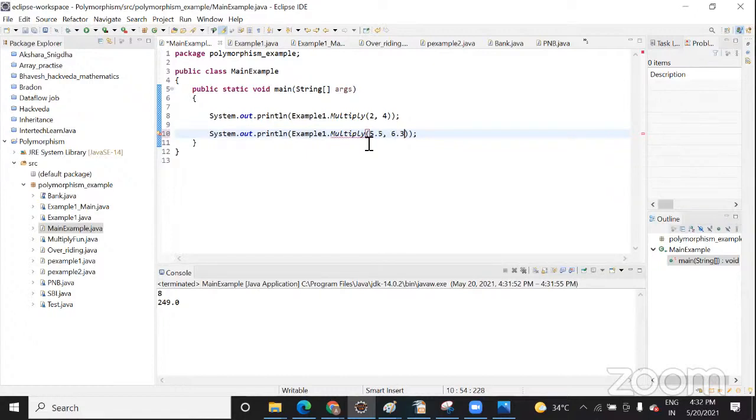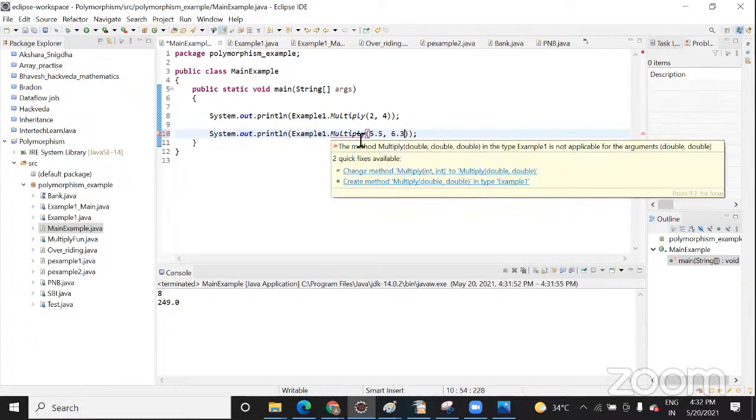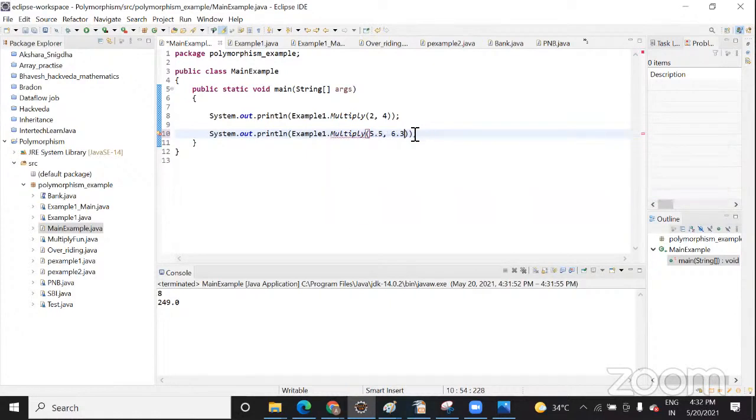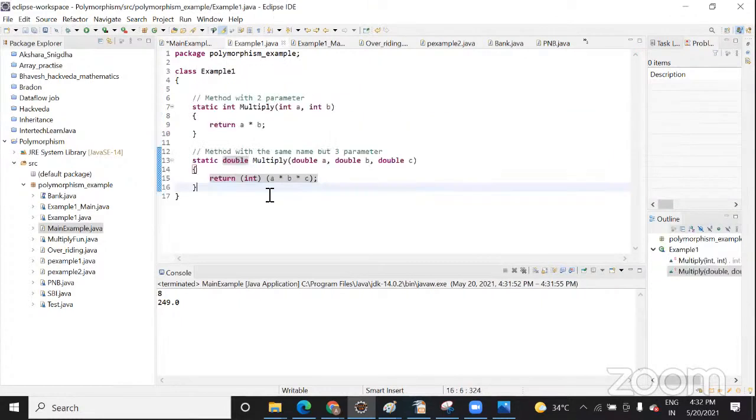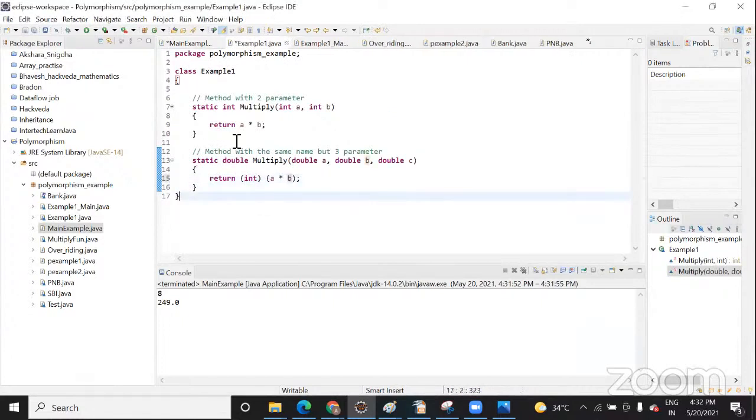So here we need to pass two values. There is one more way of doing that also. Actually, in Java, you can typecast it to int. Yes, that's what I'm saying. But I have already typecasted this int. But this is three variables and you are passing two variables. Correct. And double C also you need to remove.